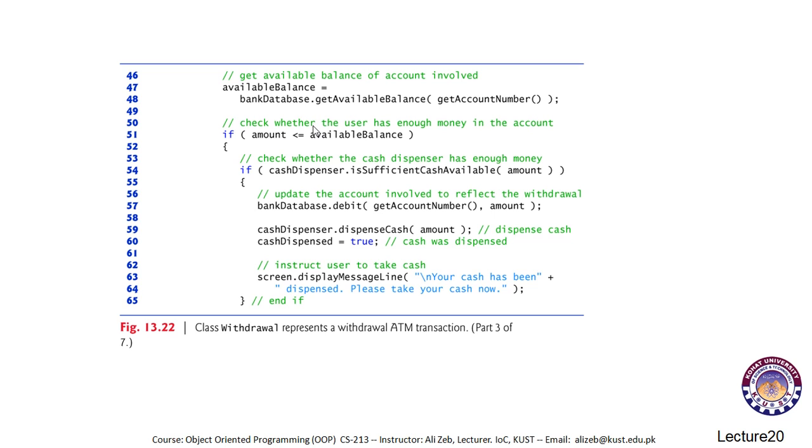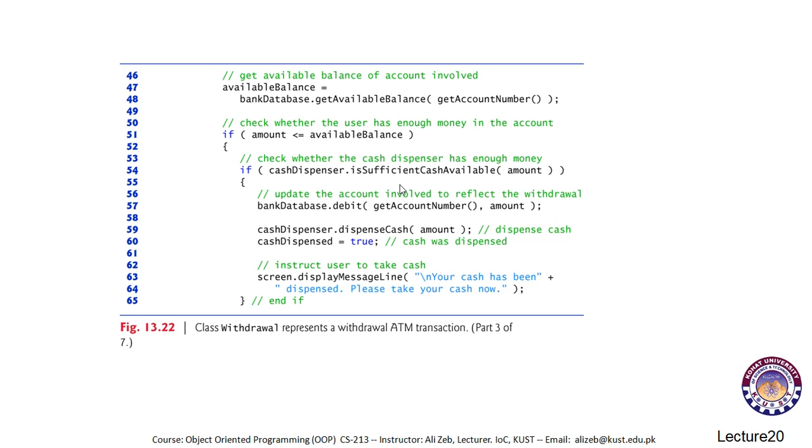Now once we have ensured that the amount is not more than the available balance of the user, we try to make sure that we have sufficient cash available in our cash dispenser. If you remember, we had a sufficient cash available method in our cash dispenser class. We call that method to check if the ATM machine has sufficient cash available and that the cash is more than or equal to the amount that the user is trying to withdraw. Once a true is returned,